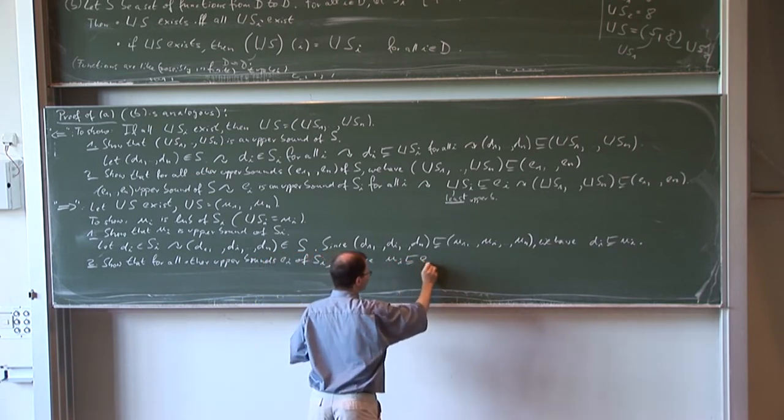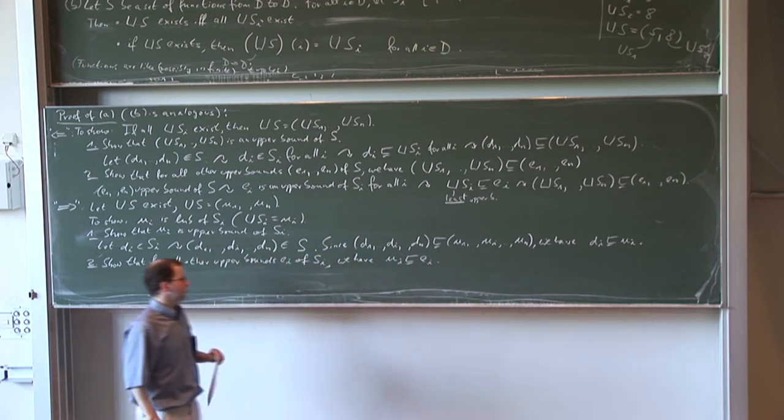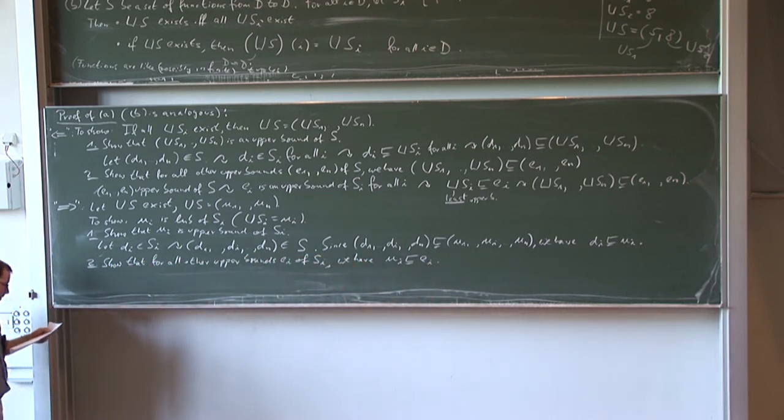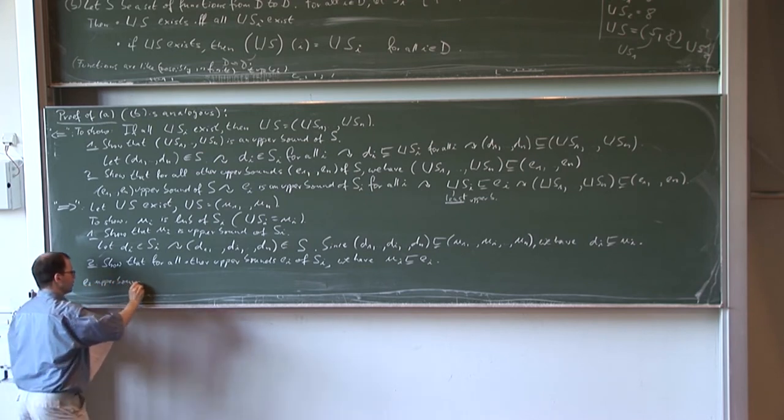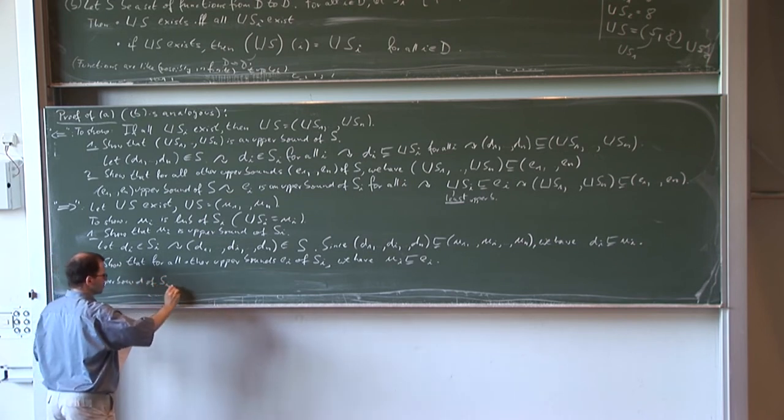So ui is really the smallest, the least upper bound. Okay, now if ei is an upper bound of Si,